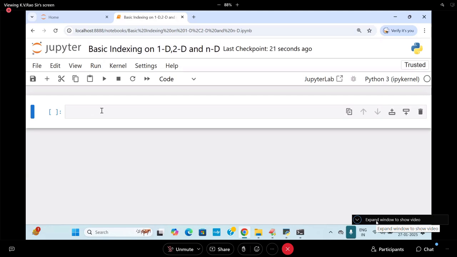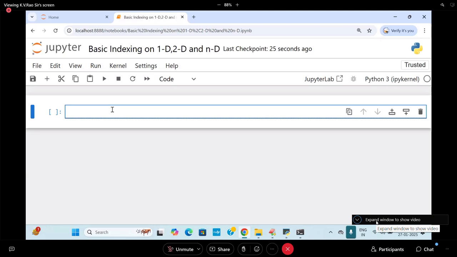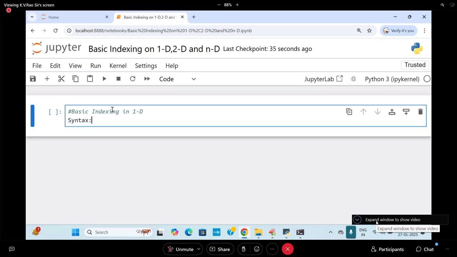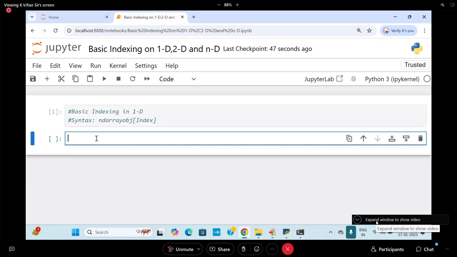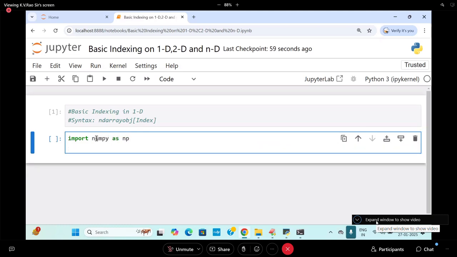So let us start here. First, basic indexing on 1D. What is the syntax? First, what is this object? The ND array object, and I'm passing an index. Let us concentrate. Create an ND array with elements 1 to 10. So first, import numpy as np, and a is equal to,